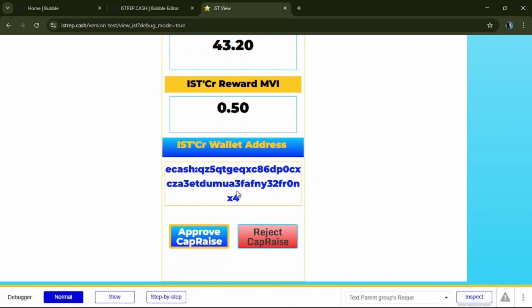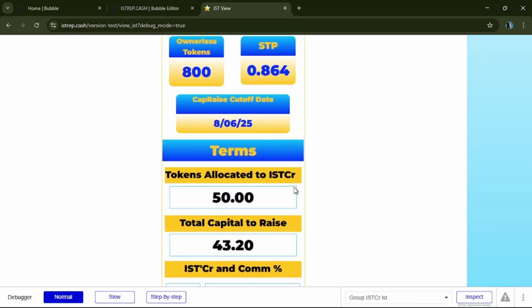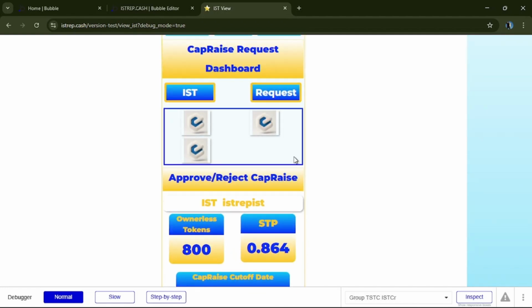And it shows me this is the eCash wallet that I have locked this IST'Cr to, making sure that it pulled the correct IST'Cr wallet. And of course, change it if you have to, right? Or you just reject the cap raise. Yeah, we're just rejecting the cap raise if the eCash is looking weird, right? So we can decide if we like this particular cap raise, or we can come over here